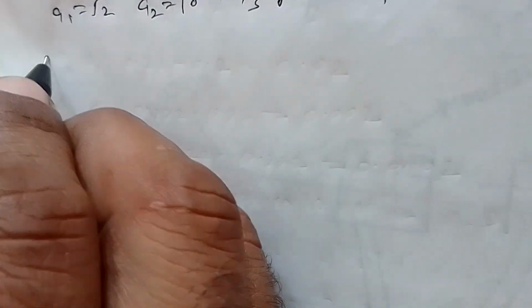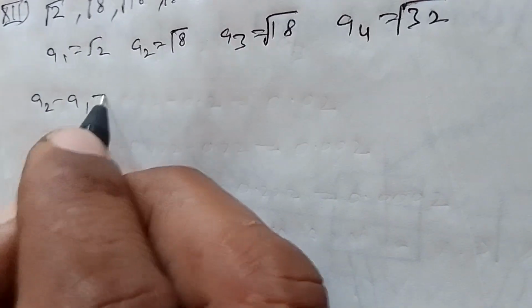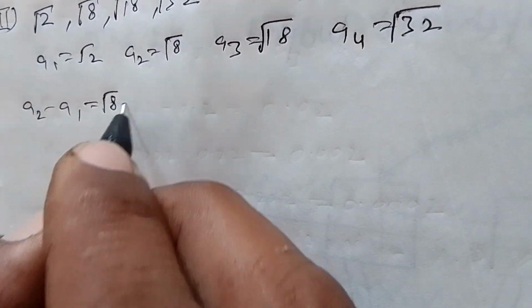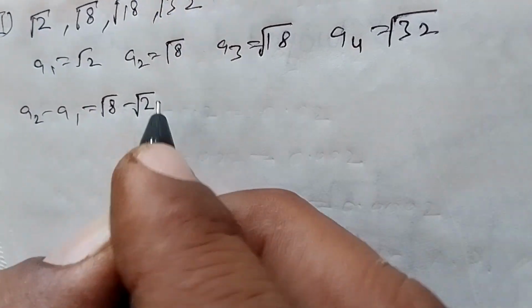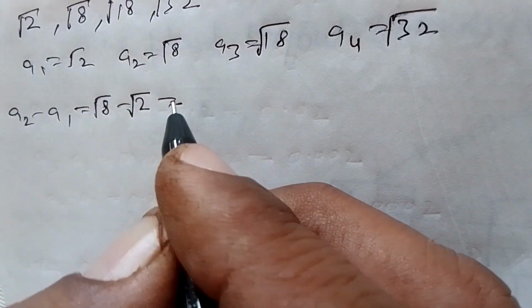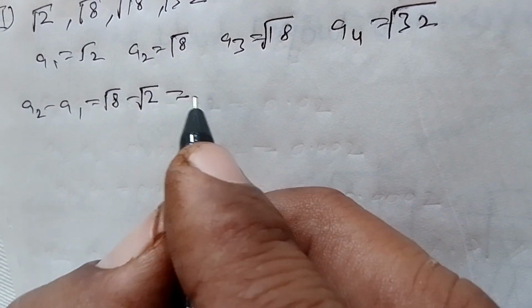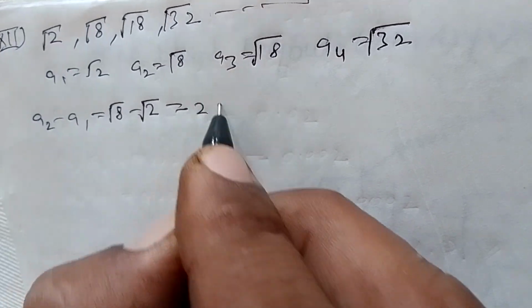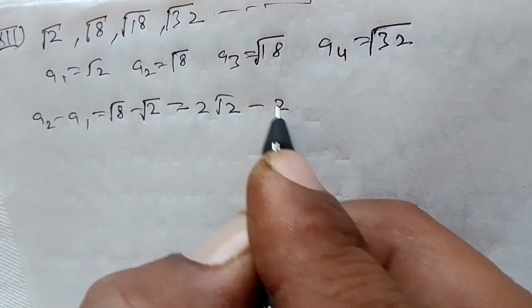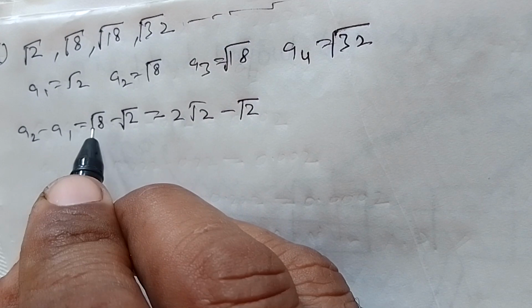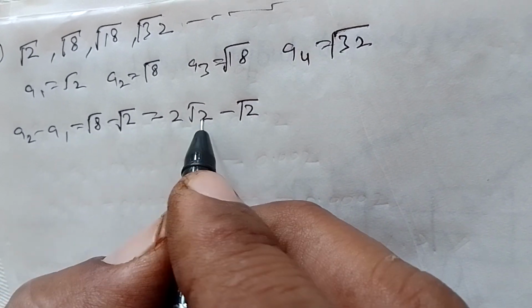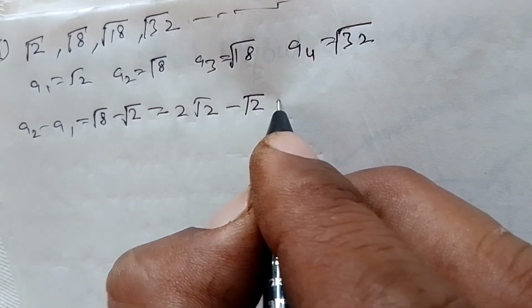So A2 minus A1 is under root 8 minus under root 2, that comes out to be 2 under root 2 minus under root 2, because we can write under root 8 as 2 under root 2. So the answer comes out to be